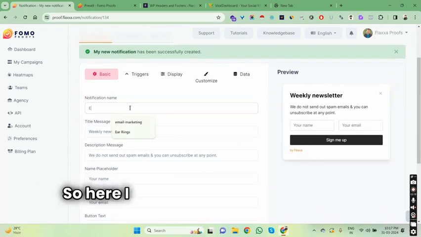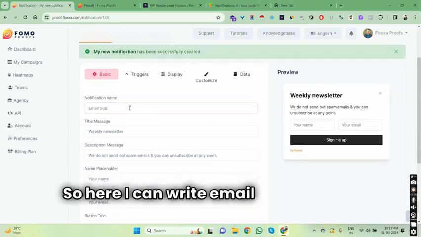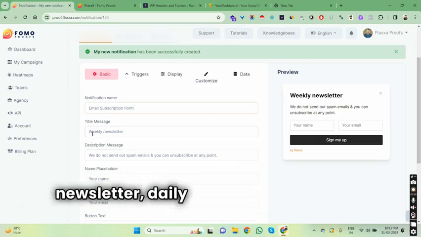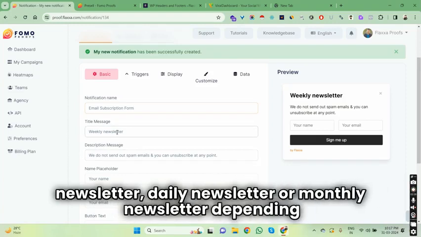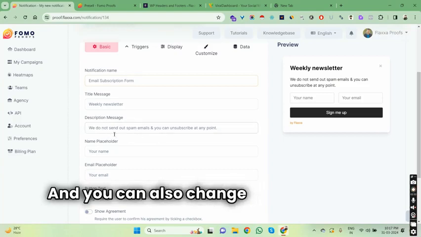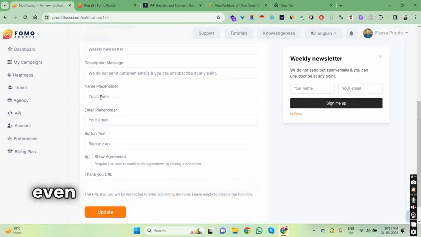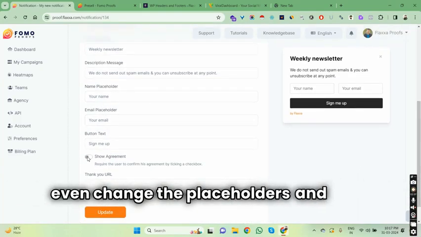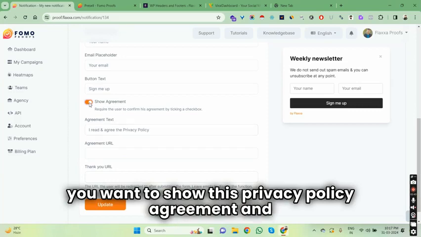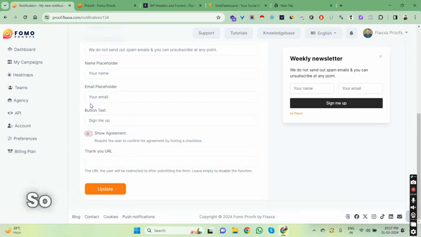Here I can write email subscription form, and I can call it weekly newsletter, daily newsletter, or monthly newsletter depending upon your frequency of sending. You can also change this description and message, even change the placeholders and show the agreement, whether you want to show this privacy policy agreement and thank you URL. I'm not doing this, so let's just